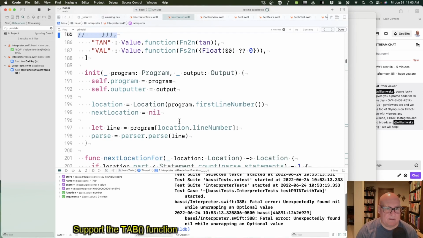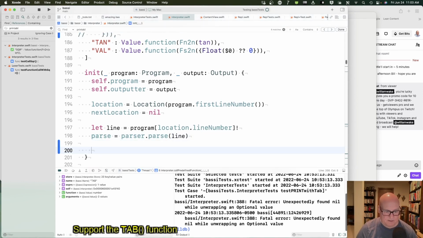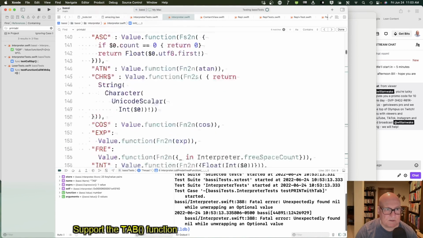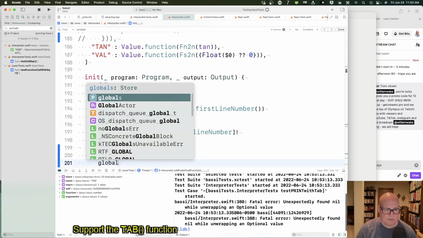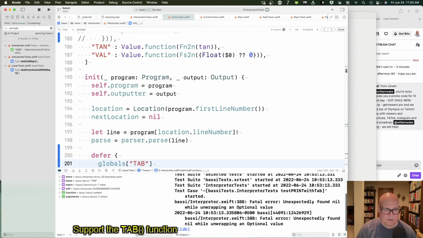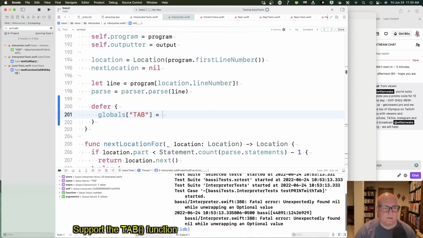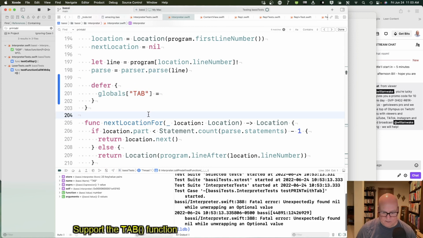And then down here I'm going to put globals sub tab equals, and then I'm going to make up this function